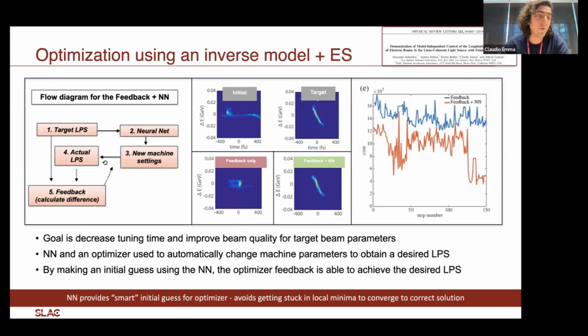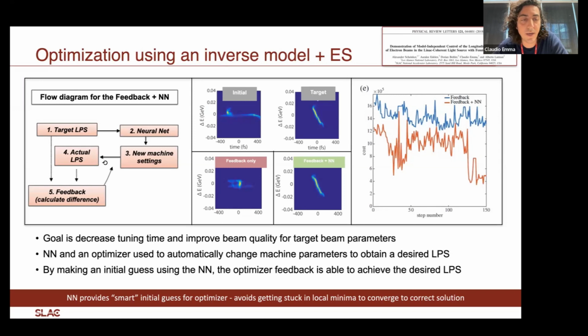Another study that we've done for longitudinal phase space optimization is to take the reverse approach. Rather than using a forward model, try to use an inverse model that essentially takes your target longitudinal phase space, feeds that to a neural network, and the neural network suggests some machine settings that will generate that phase space. And what we did in this study from 2019 is that